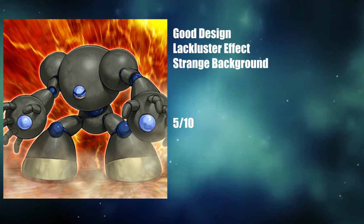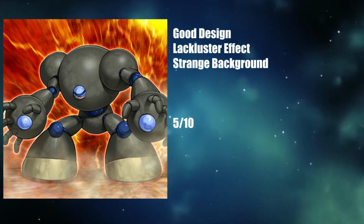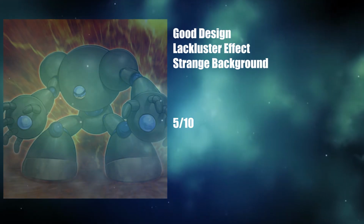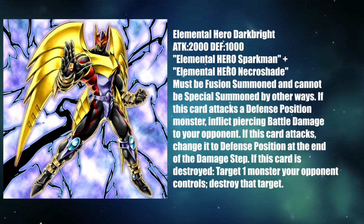While not the best in terms of effect and background, it does communicate very well the fact that this is just a big beefy defensive wall, which I do like when regarding the concept of the character. Elemental Hero is the next card, and it's